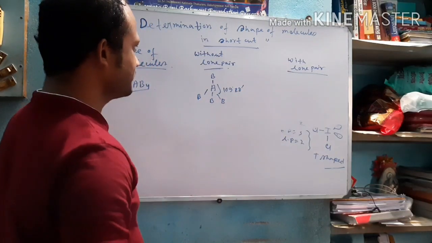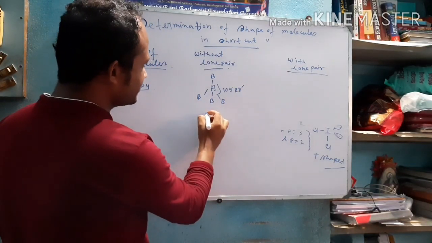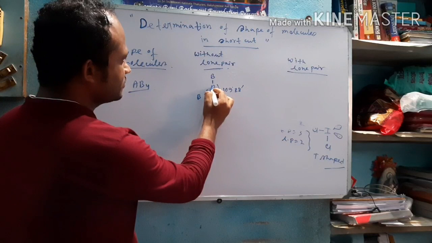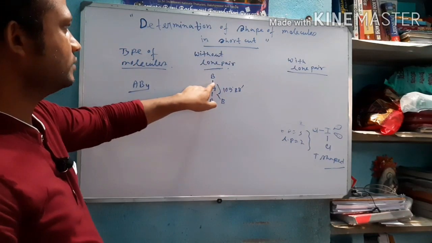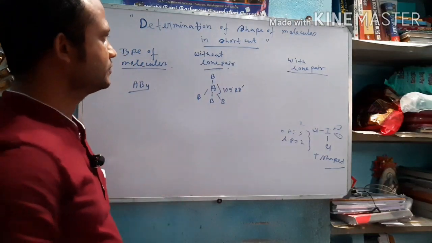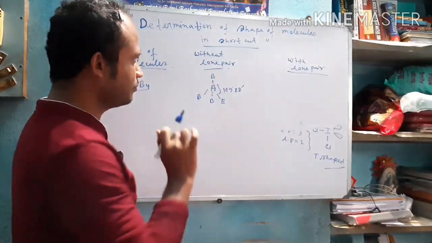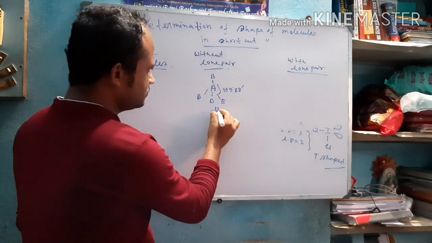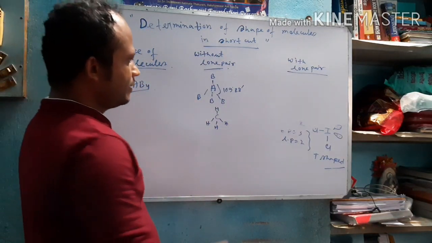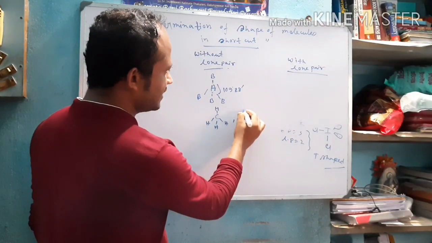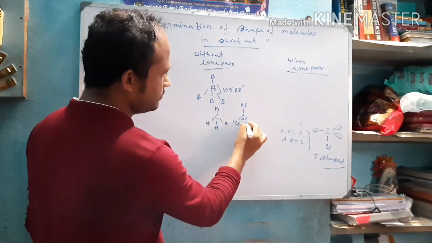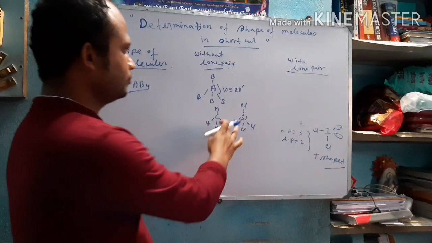Here 4 sigma bonds are arranged tetrahedrally around A, and each bond angle is 109.28 degrees, 109 degrees 28 minutes. Here the structure name is tetrahedral. The last shell number of electrons of A is 4. 1, 2, 3, 4. Understand? 4, and without lone pair. So this 4 means group 14 elements, carbon. So the example is methane. Also silicon can form this type; suppose with 4 chlorine, it can form SiCl4 molecules without lone pair.